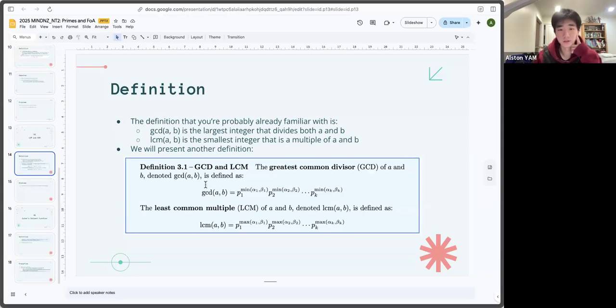Here is another definition though. So if we have A and B, let's list out the prime factors of A and B, right? So P1, P2, ordered to PK. We can define the GCD like this. So it is the